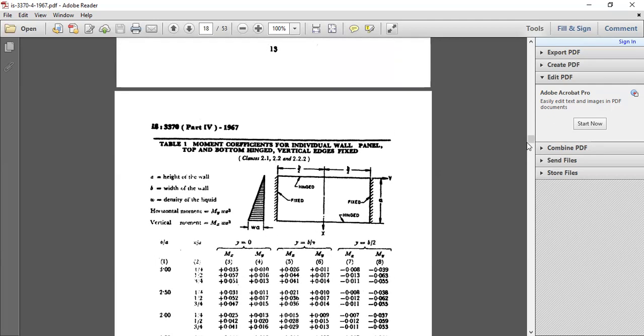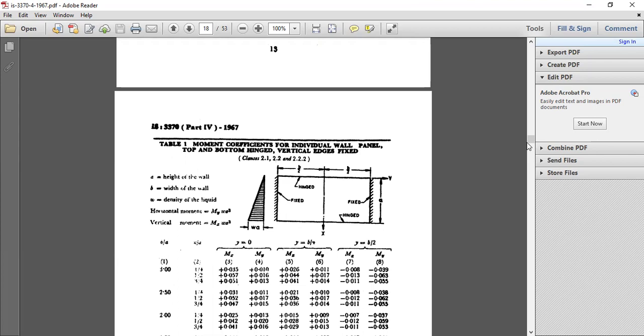Okay, so these are the various conditions when the bottom is hinged, the top is also considered hinged, and the walls are considered as fixed. Okay, so this will be given to you in the question. And one more thing, when the bottom is considered hinge and the top is considered free, the walls will always be considered as fixed. So these are a couple of conditions. So this data will be given to you in the question, and accordingly the coefficients we have to find out, and then find out the bending moment and shear force.